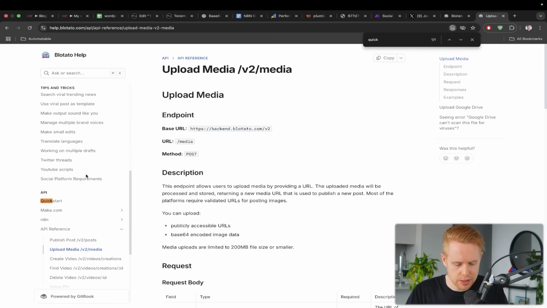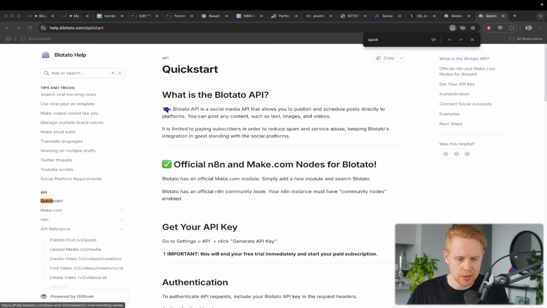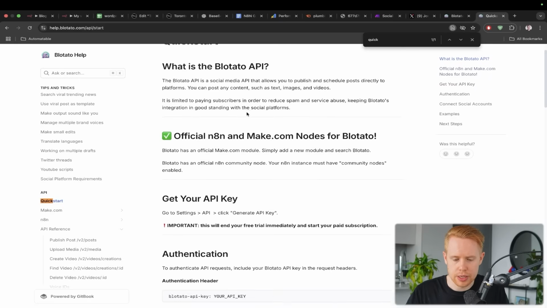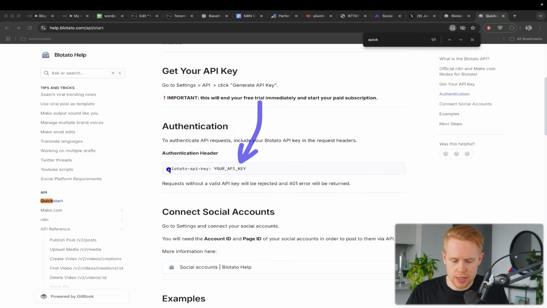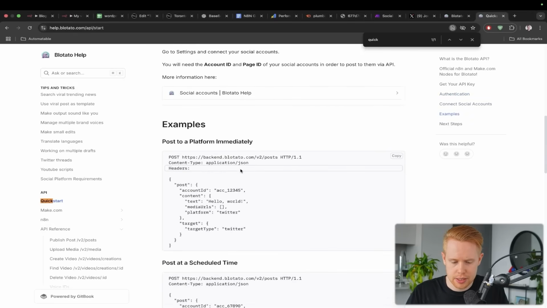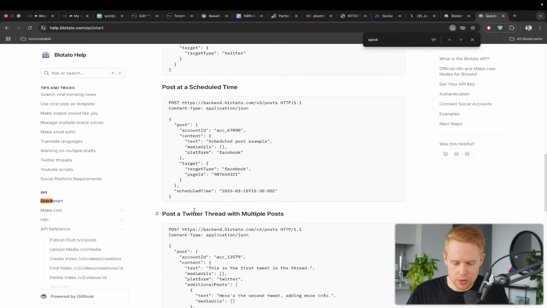So wherever it says quick start here, in there like APIs/start, we can just go through this documentation. First thing is we need an API key in this. So we're going to come back to this and we can post to the platform immediately, schedule a post, all